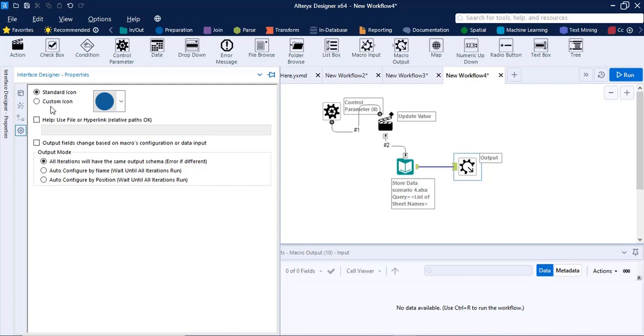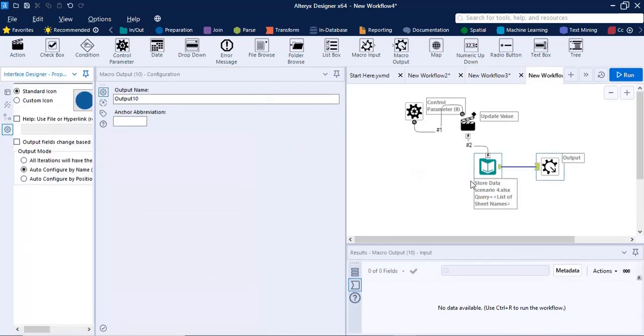Here we can customize the macro, or we can import custom icons also. As of now I'm using the standard icon. After that we have output fields, like auto configuration by name. We use this option when the iterations have the same output schema, or sometimes a different schema. Now I have created one macro.